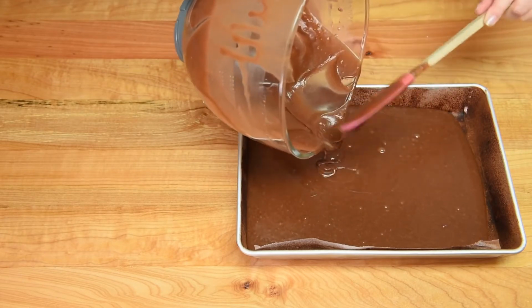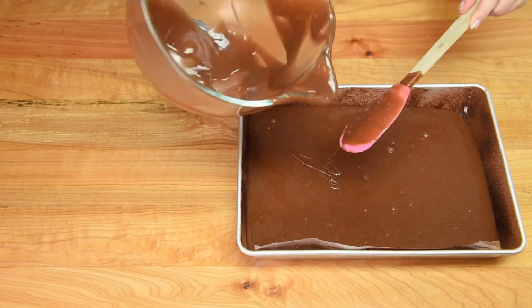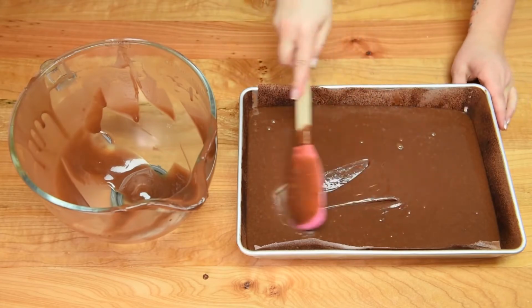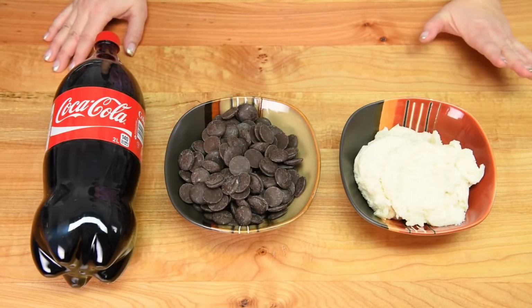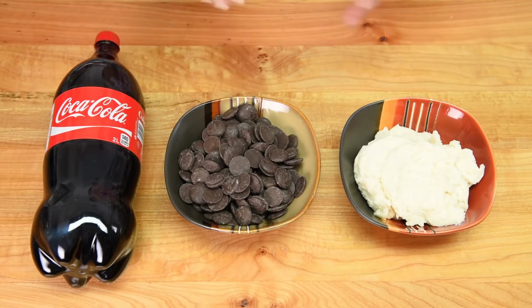Now, when the cake has finished baking, I'm going to let it cool, of course, and then in order to get the actual pieces of cake into the Coke bottle, I'm going to freeze the cake. So let it cool first and then freeze it solid. With our cake in the freezer after it's been baked, we're going to get our ingredients ready for actually assembling